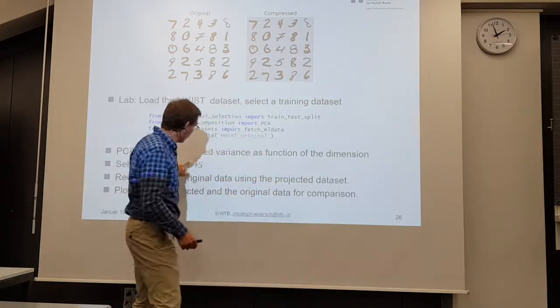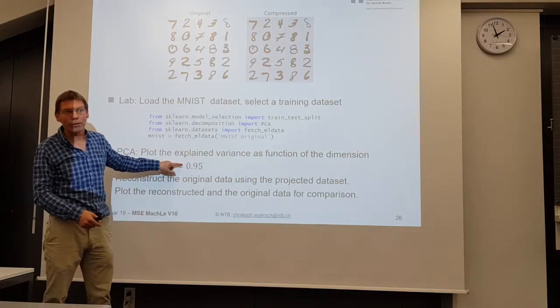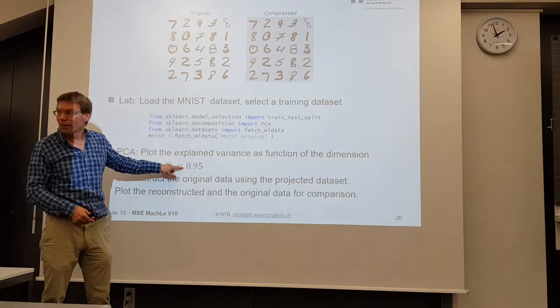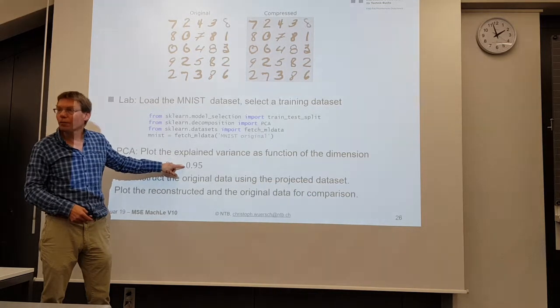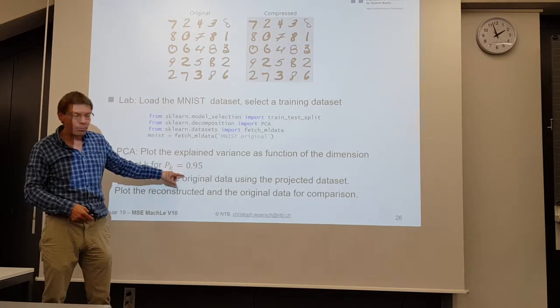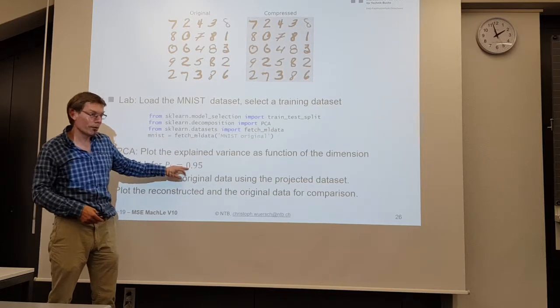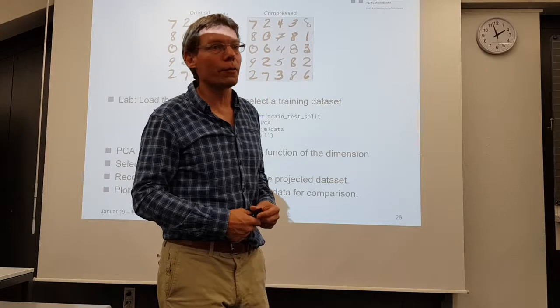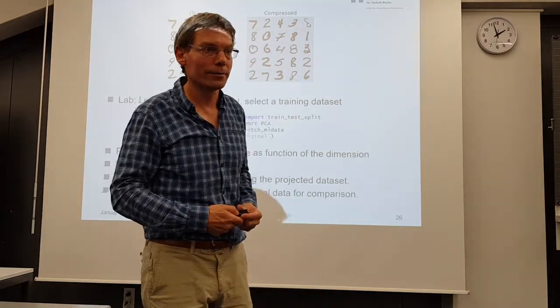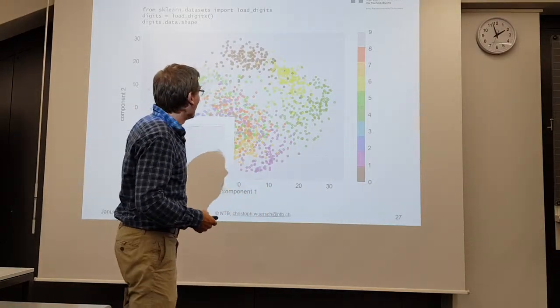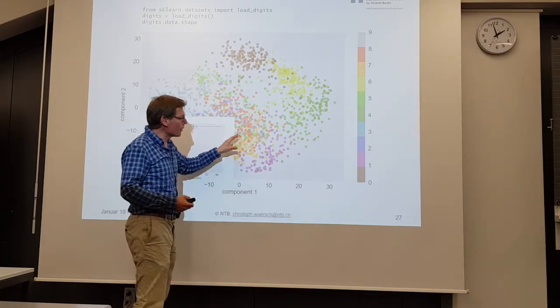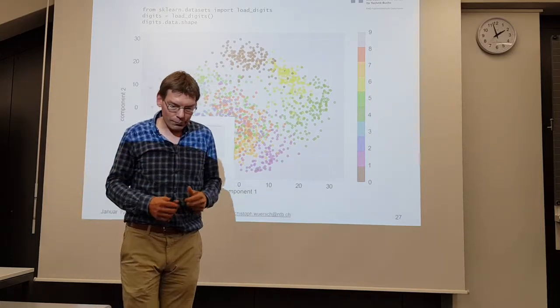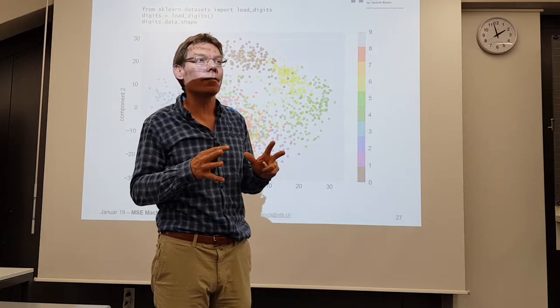Here is a float number, which is smaller than 1. Then it assumes that you want to have the explained variance. If you put in an integer number, let's say 40, it will construct a 40-dimensional subspace. The same argument. And that's amazing, actually, if you then project, for example, the MNIST data, which is